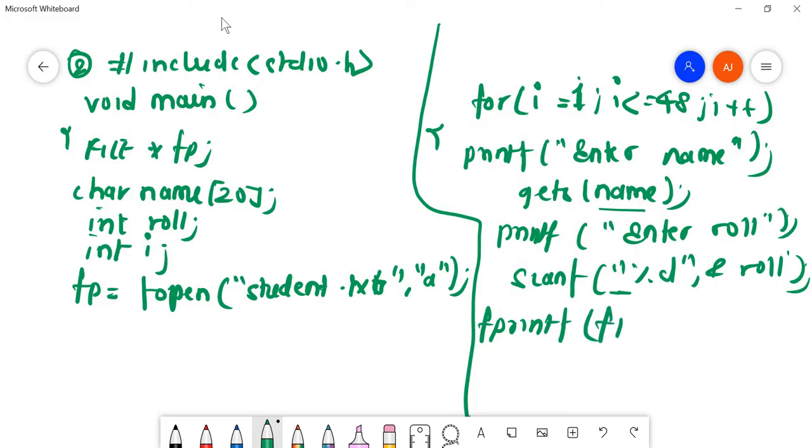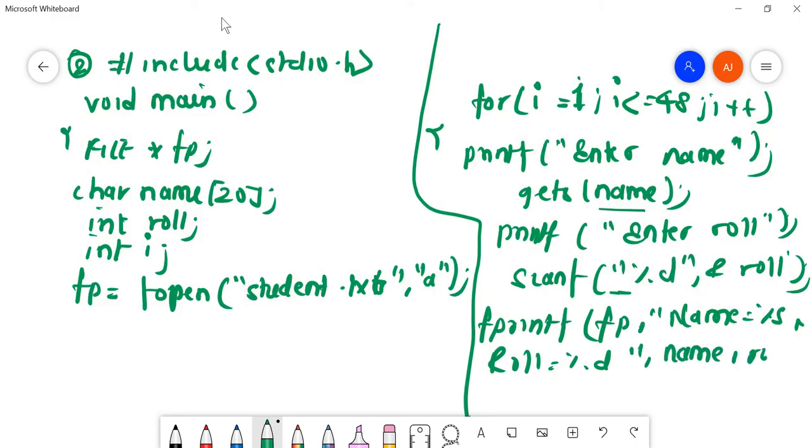So fprintf(fp, "name equals %s, roll equals %g", name, roll). So this is the syntax. After that I will close my file. Remember to always close the file. So this is the program for question number 2.